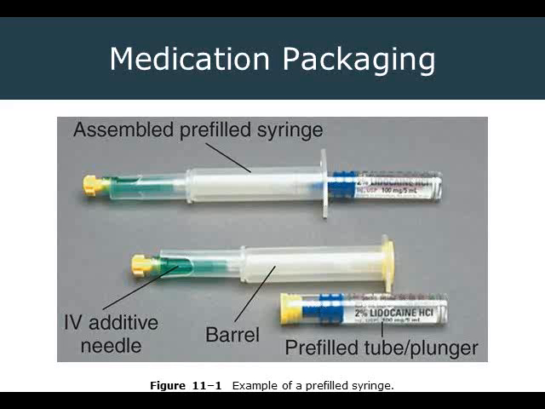They come unassembled. So like in the bottom there, you have the barrel with the needle. This one also has a needle adapter on it. And then you have the pre-filled tube and plunger device. You pop the yellow caps off. If you've ever watched Emergency Johnny and Roy, you know that's the best part. You get to flip the caps off, and then you screw the pre-filled tube plunger into the barrel. If you look closely, you can see that in the end of the blue pre-filled tube plunger, there's kind of a threaded